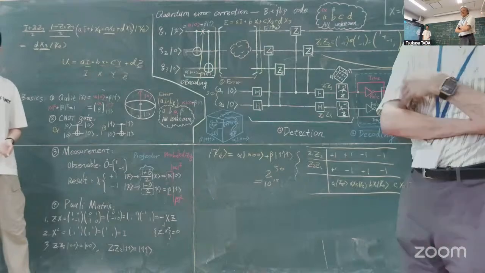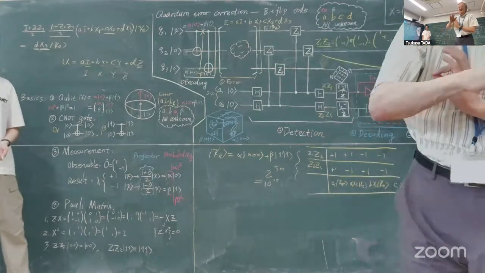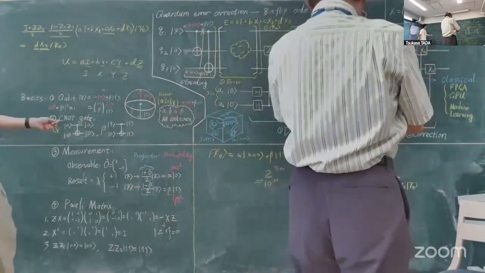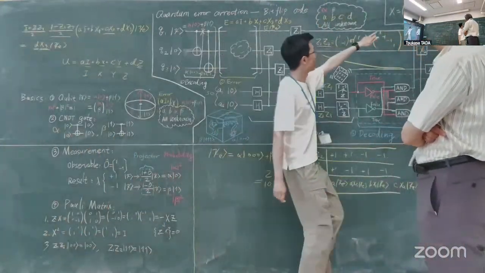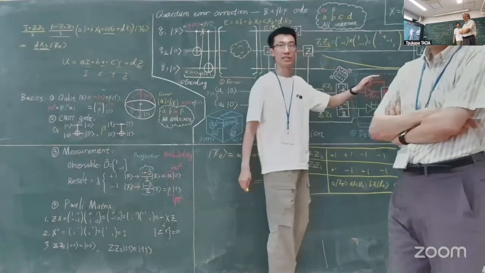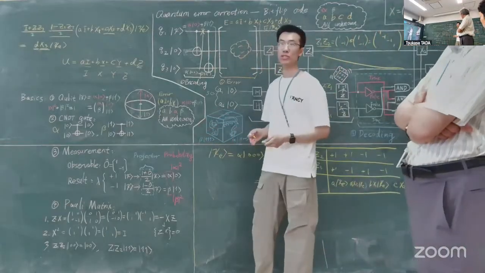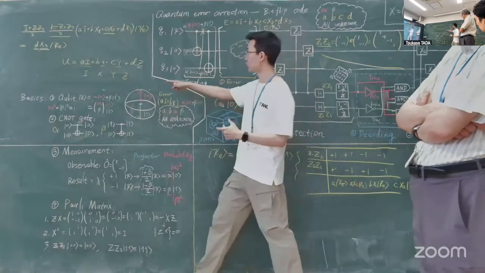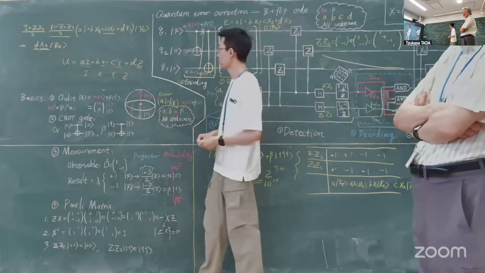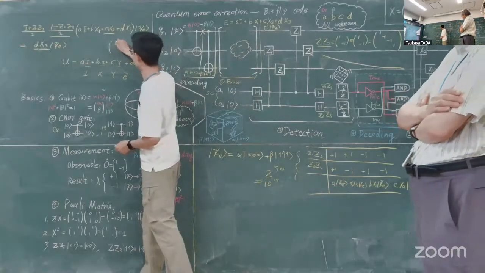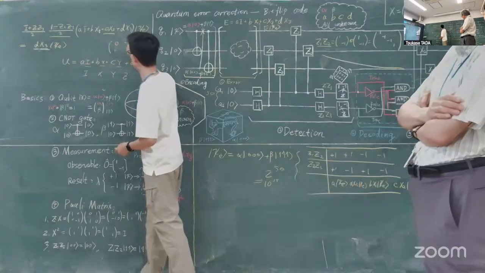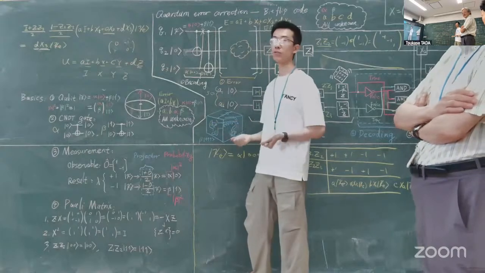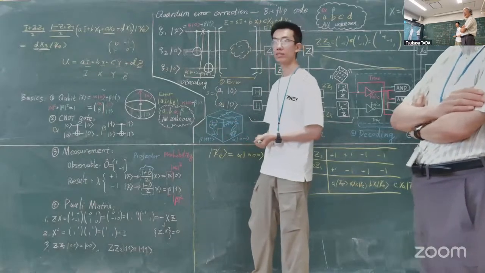Yeah. I'm sorry. So what type of object is this X? Is it a matrix? Yeah, matrix. X is just this one. Z. Yeah. So for a 2 by 2 matrix, you can always have some orthogonal basis to represent it. Yeah. Y is this one. So these are the 2 by 2 Pauli matrices, which form a basis of 2 by 2 matrices. Yeah.